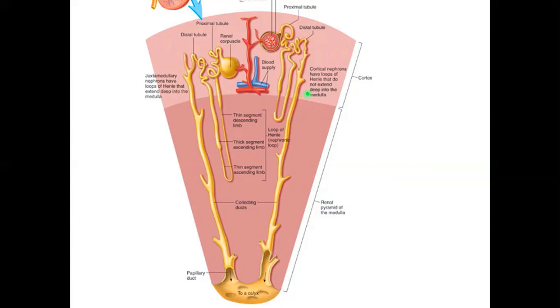Notice how this is called a cortical nephron. So, cortical nephron, that loop of Henle doesn't go very deep into the medulla. So here's the medulla region, here's the cortex. If we're talking about